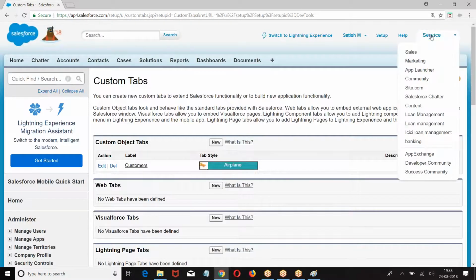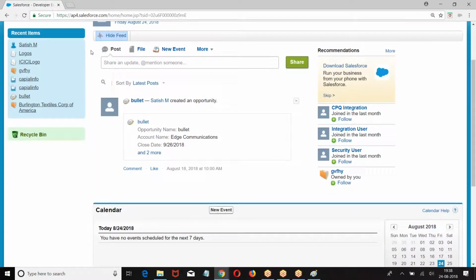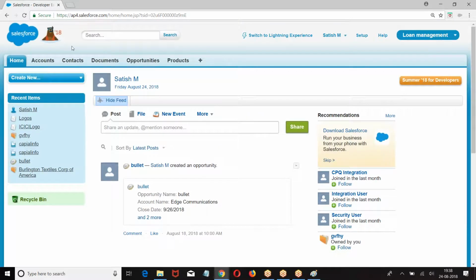Go back to this. Do not create anything on my account, because when I'm giving a lecture, I assume I know what is there on my account. According to that, I'll design my examples. If you create anything extra or modify the existing, it will be a waste of your time. When I take a class, I know what tables are there, and I'll plan my examples accordingly. If you modify those, it will be trouble for you.